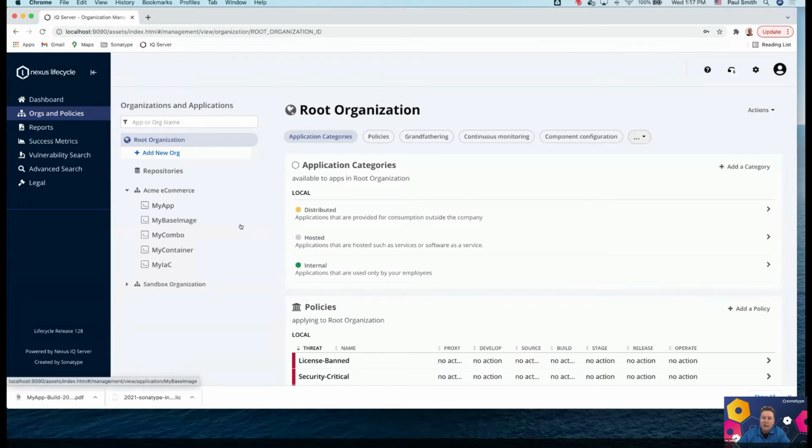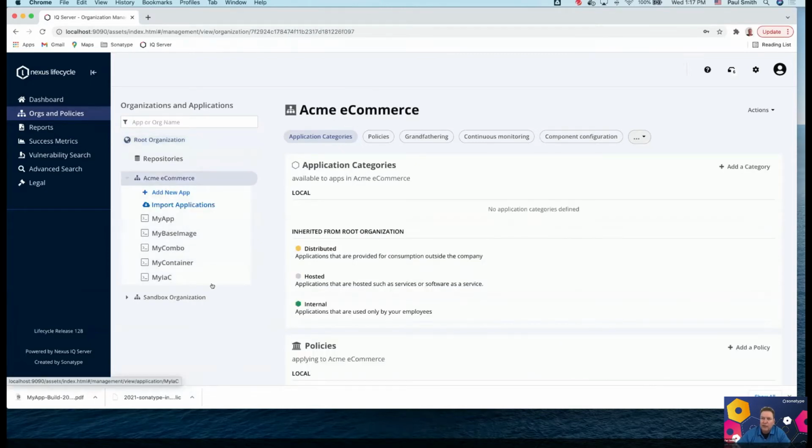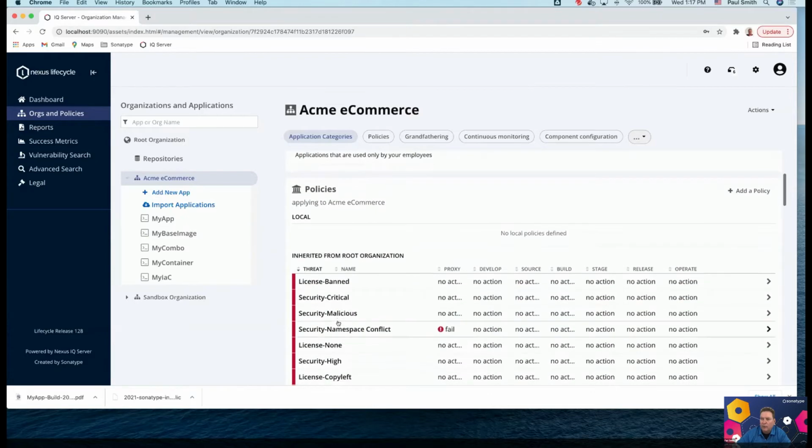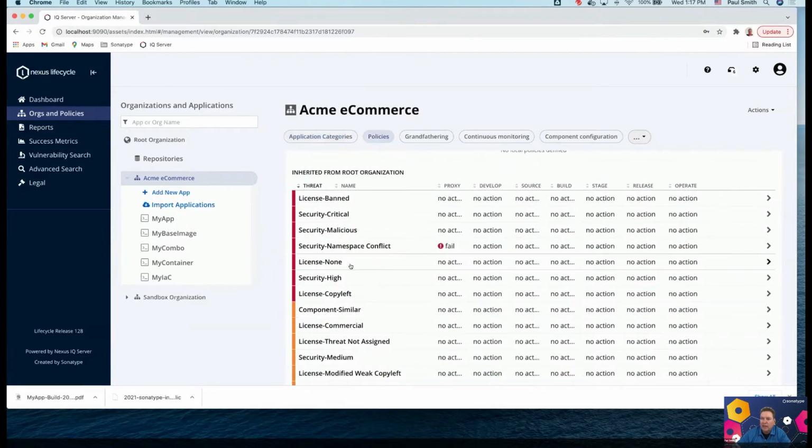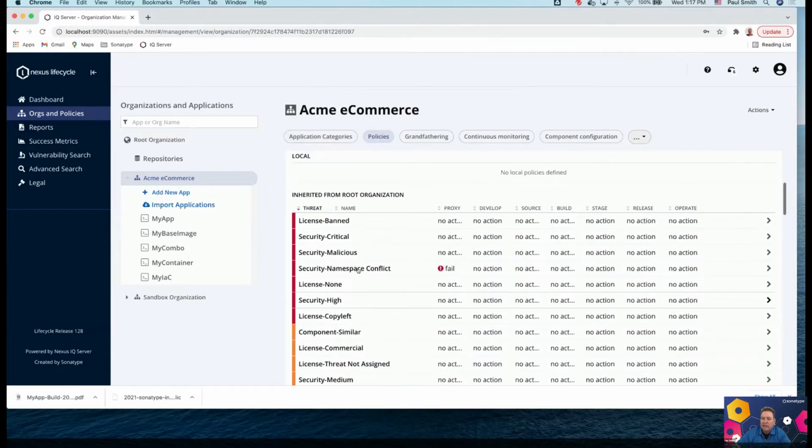For today, I've created an Acme e-commerce organization. And each organization is responsible for applications. Again, think back to the anatomy of an application, right? And for these applications, we have policies, right?